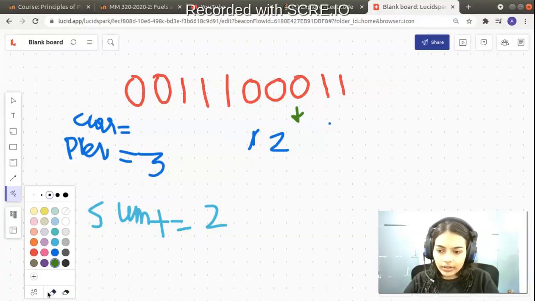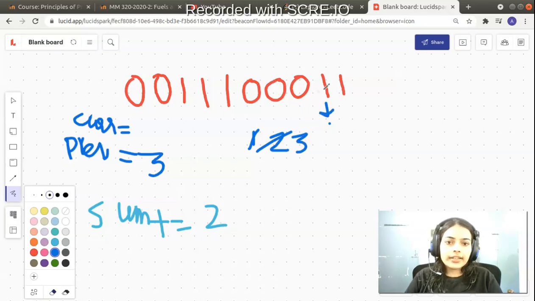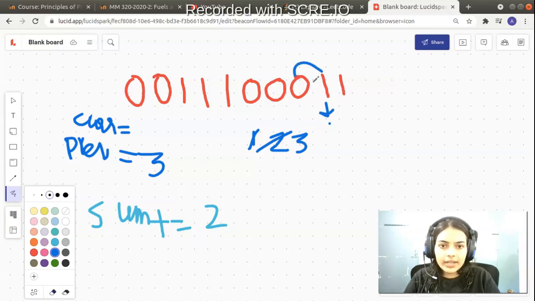In the next block, so let me write with the same color. Again, 0 is same as the previous element, which is 0, so current will change and become equal to 3. Okay, and then let's go ahead to the next iteration. Now next time we have the element 1. 1 is not same as 0, which is the previous element. That means our groups or blocks have ended, we don't have any further blocks.